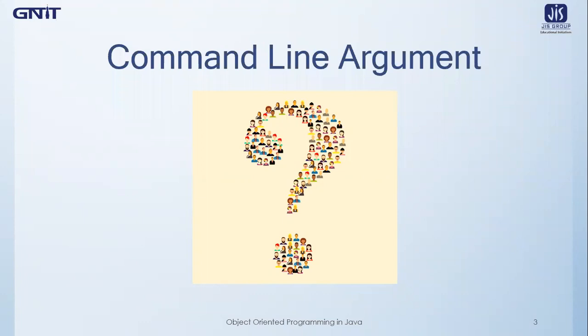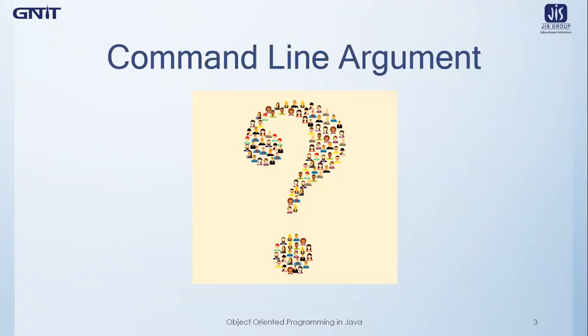To access the command line arguments inside a Java program, we have to use String args in the main method that we normally use, because the syntax of main method in Java is public static void main(String args). The command line arguments are stored as strings in the string array passed to the args parameter of the main method. The first command line argument is stored at args[0], the second one at args[1], and so on.